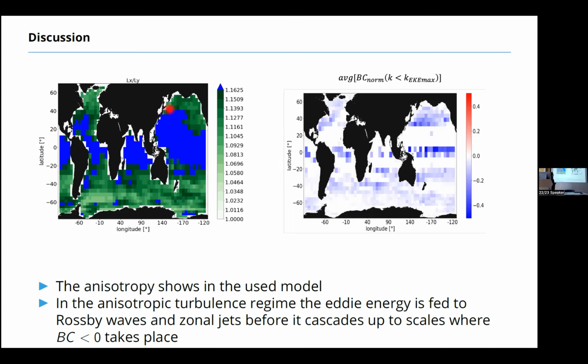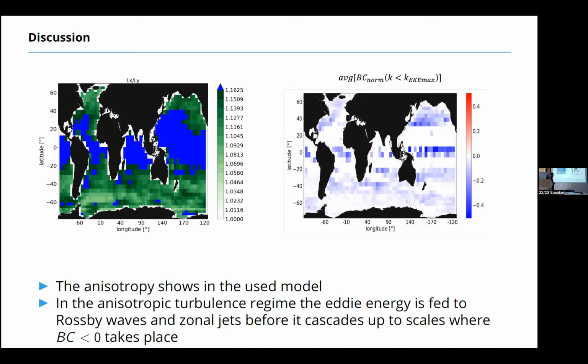A bit out of the Atlantic Ocean, maybe, but what you can pretty clearly see is that there's this difference between the northern and the southern hemispheres. So here the transition is at 40 degrees roughly, and here it's more at 20 degrees, which is the same as we see here. And yeah, so we can conclude from this that this anisotropy in eddy length that shows